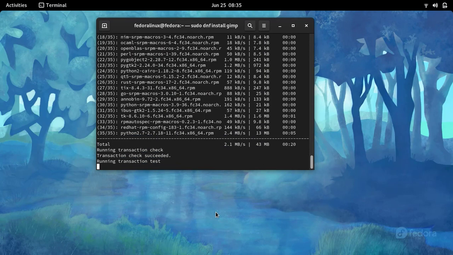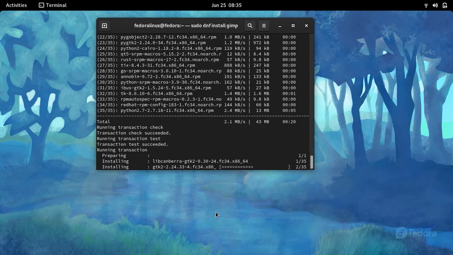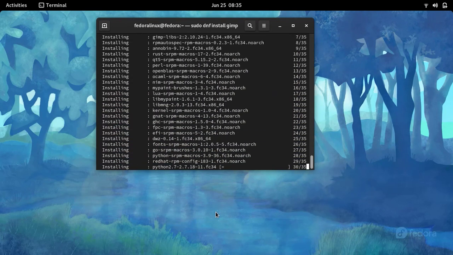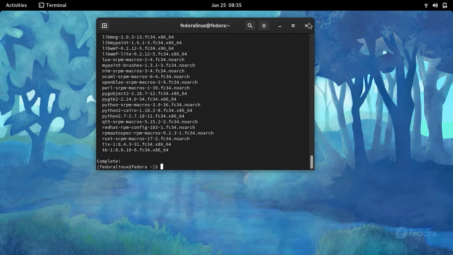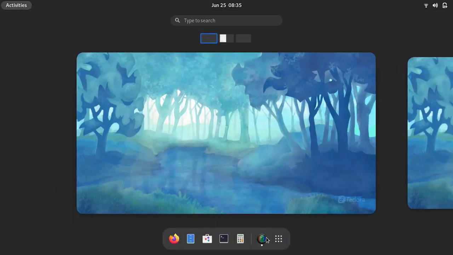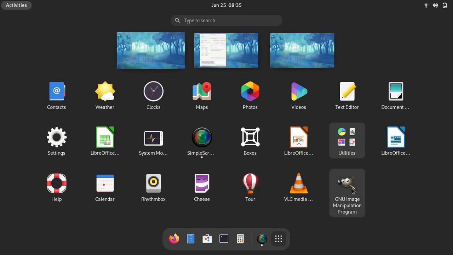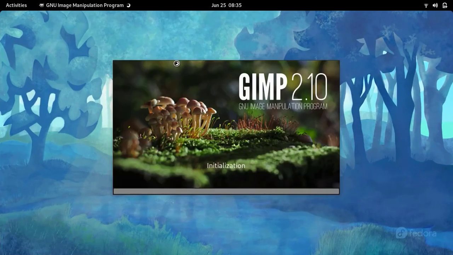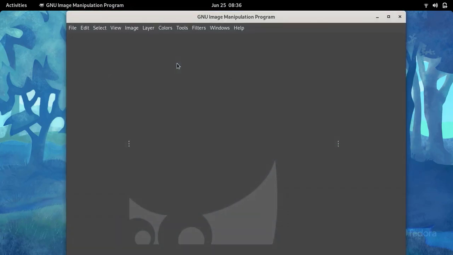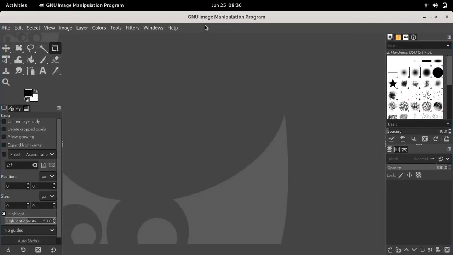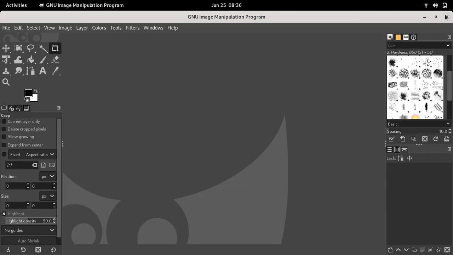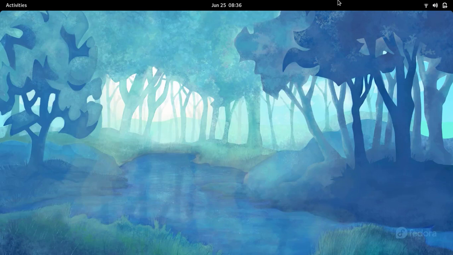So it is also a must-have app for any Linux distribution. It is installed now. From the menu, GNU, so this is GIMP 2.10. This is the default interface of GIMP, which looks very different from Photoshop, but there are lots of tools required for photo editing.